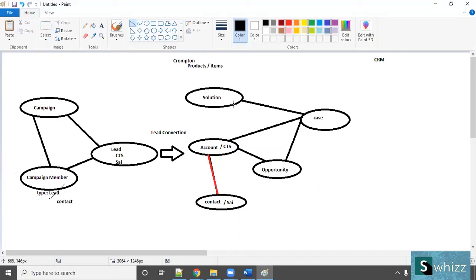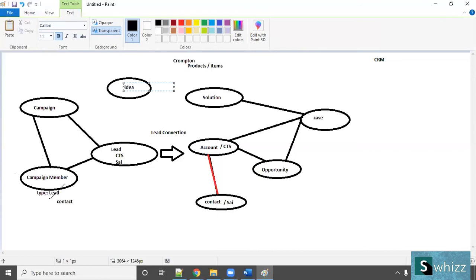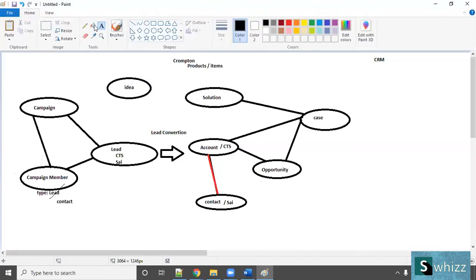So I put it inside a solution object and I refer to each and every case. Based on this solution, I have given a new feature again. Because people are getting some problem, I give a new feature. So I want to do monetizing again, right? So I put that feature in an idea. What is that? Idea. And again, I will market that idea. Isn't it? This is a cyclic process actually.